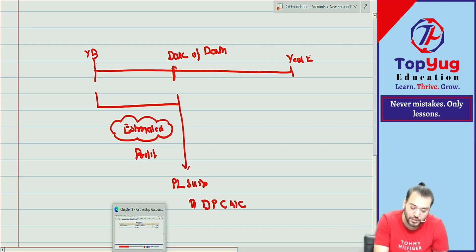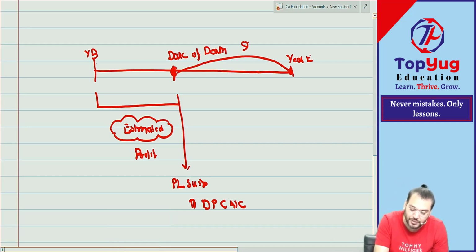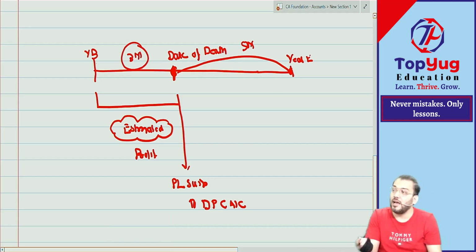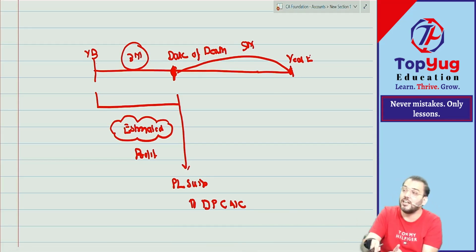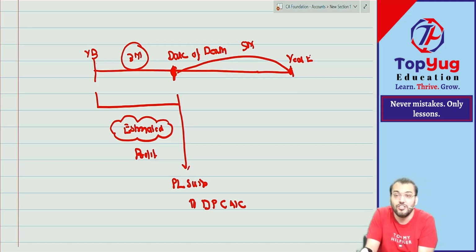So suppose the amount remains unpaid for this, suppose this is 9 months. The amount remains unpaid for how many months? 9 months. So if the amount is outstanding, meaning the amount is not paid, and he is also not entitled to any interest on that capital, outstanding balance,